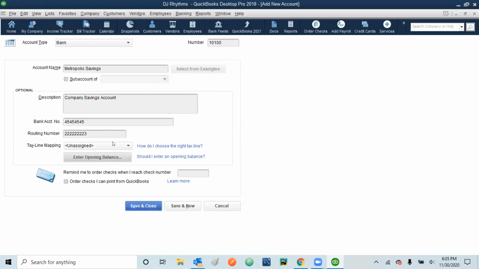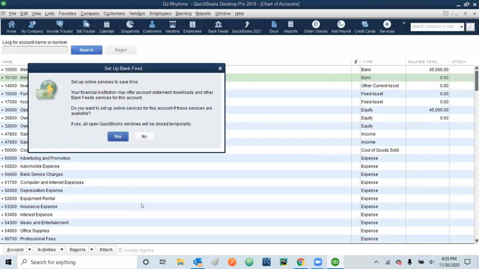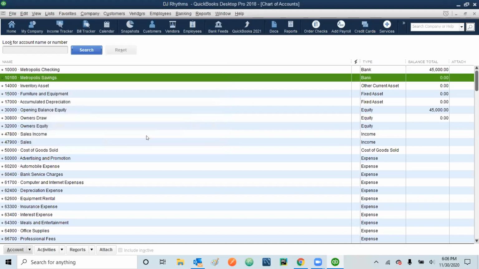So you see, you have created one bank account. It will always be asking you for a live feed from the bank. So we are selecting no, because we are already exercising. And one more thing, as I know, QuickBooks stopped working online with QuickBooks 2016. The more we are going towards online systems, QuickBooks stopped supporting the online version of the desktop. For the 2016 version, they already stopped working for the live feed. So just select no.